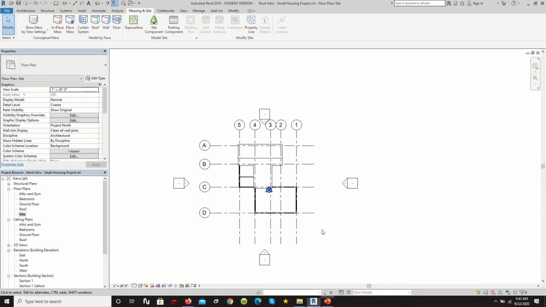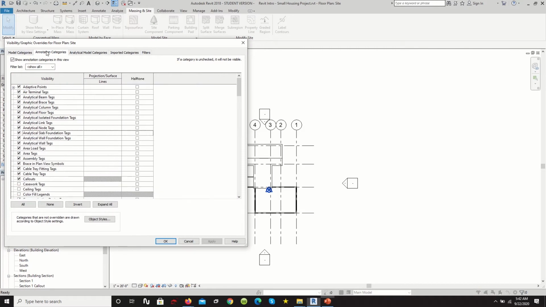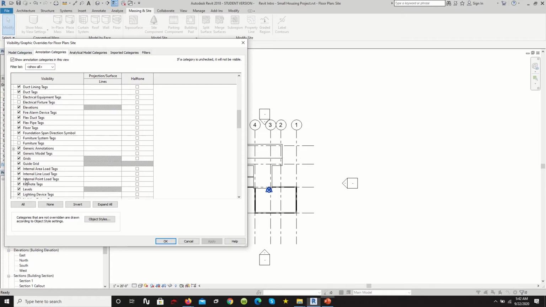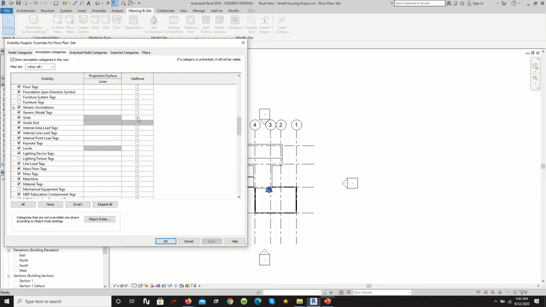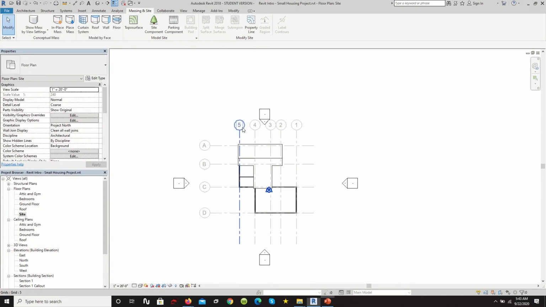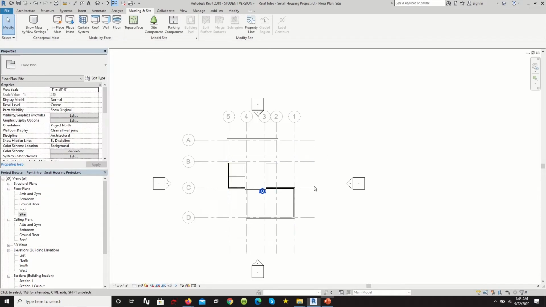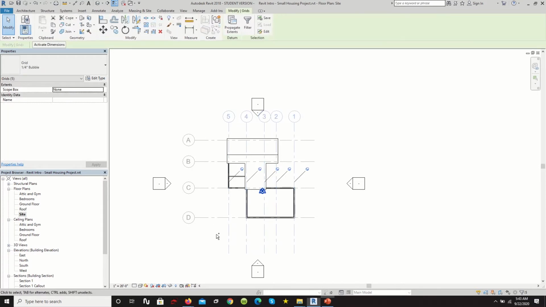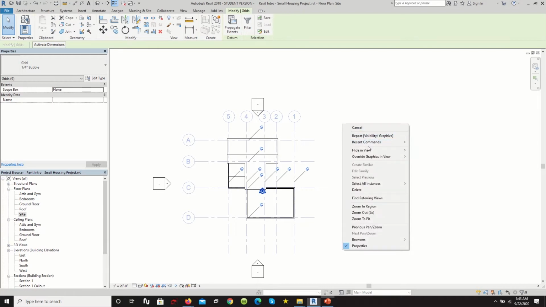So normally what we do is hit VG for visibility graphics and go on annotation categories. As we learned in a previous tutorial, grid lines are for annotation, and we go on grids and we put halftone to lessen the intensity of the line weights. But for the sake of what we're working with here, we want to clear this up so it's going to be easier for us to just focus on the topo. So let's highlight all this, hold control, and we're going to click hide,